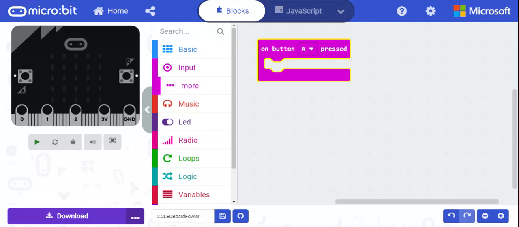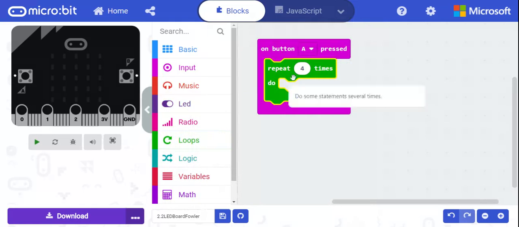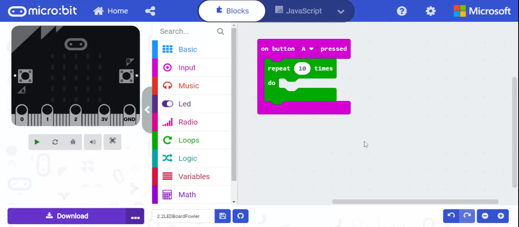And we wanted to kind of repeat a couple of times. Since it's not in a forever, we are going to probably have to use a repeat block. So we can go ahead, put this 4 times. You could do it 10 times. I'll go ahead with 10 times. And do. So this is sort of repeating